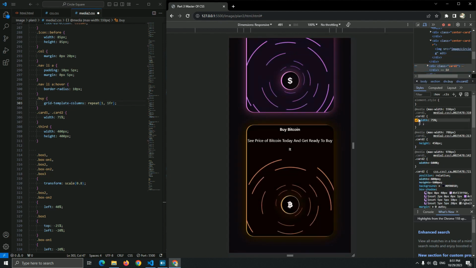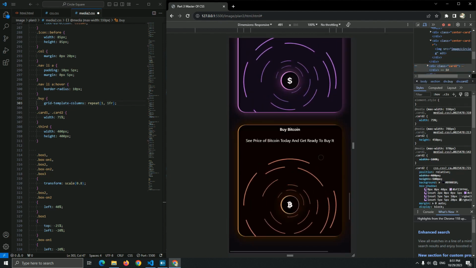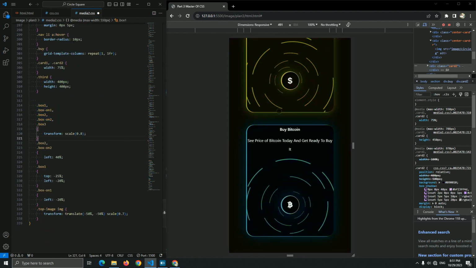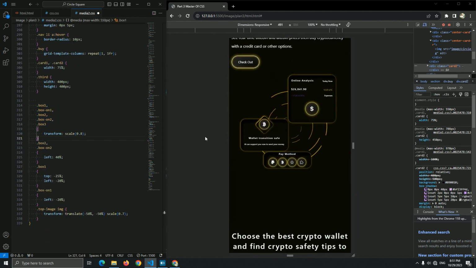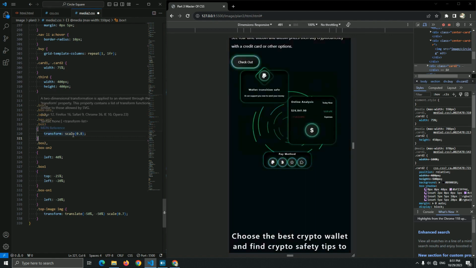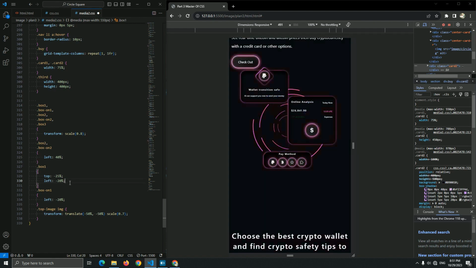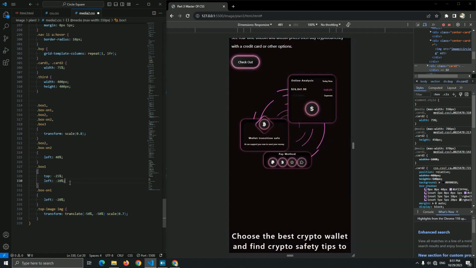Right, yes, card 2, yes, now it's better, 75%. And we just resize of this box and the box 1 and the box 2, and use a scale instead of a width and the height. And we add the left for the box 2 and the box on 2. And yeah, for this media, I think it's good. And just like we added plan 3 without any image, I think it's good.